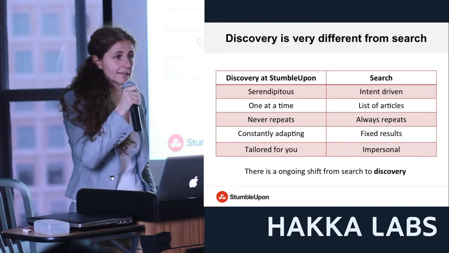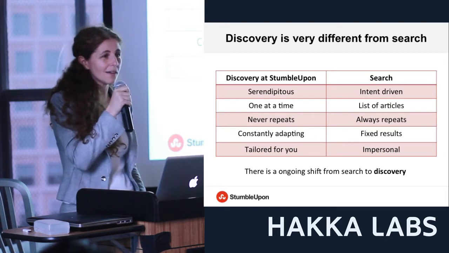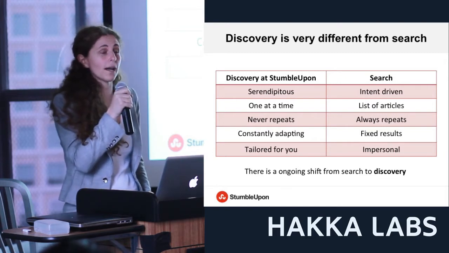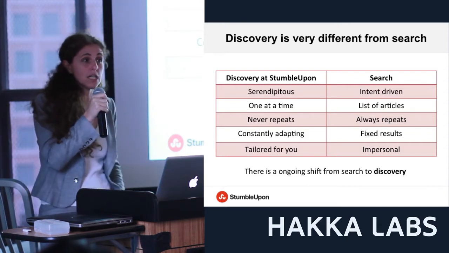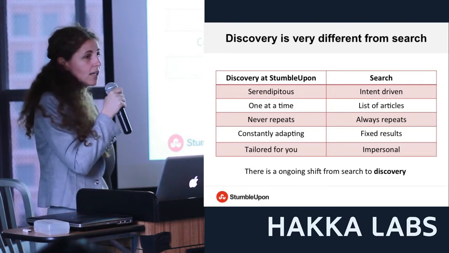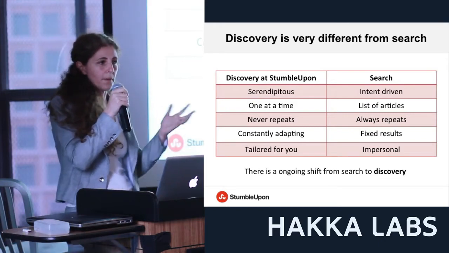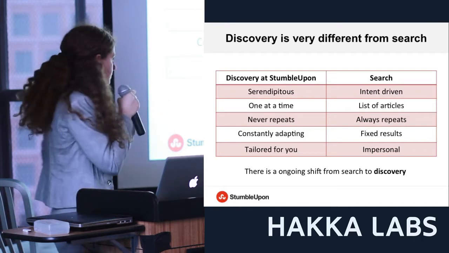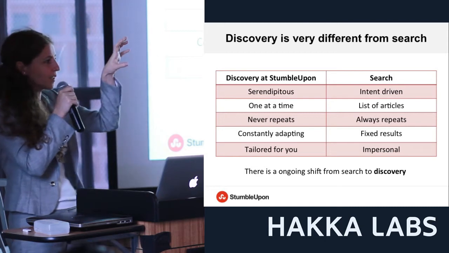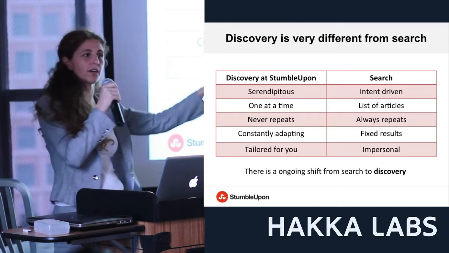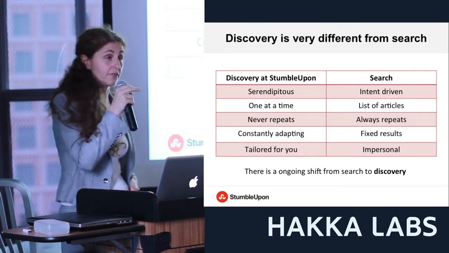Well, there are bugs, but in theory, you never see the same page twice. This means that we need to carefully select pages and do duplicate detection in order not to show you pages that are very, very similar. And if you think about news, in which usually you have a story that is repeated from many different websites, this is extremely difficult.